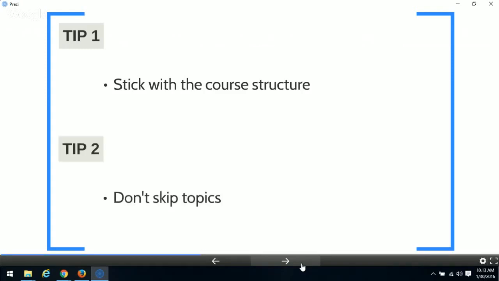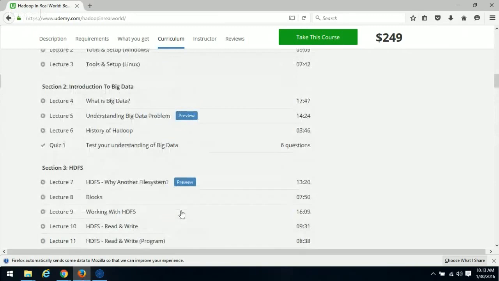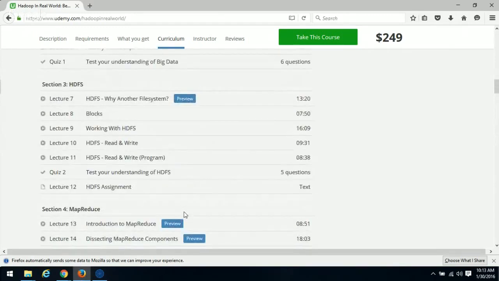Tip number two: do not skip topics. We see this over and over and over. And people skip topics for two reasons. The very first reason is that students think they know certain concepts so they can skip over them. For example, when you started getting interested in Hadoop, you probably looked up Google, and you went across some HDFS tutorials, some MapReduce tutorials,